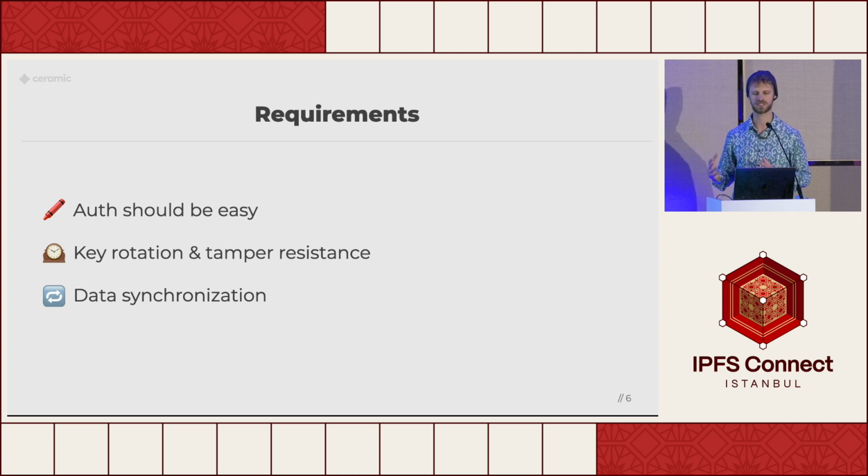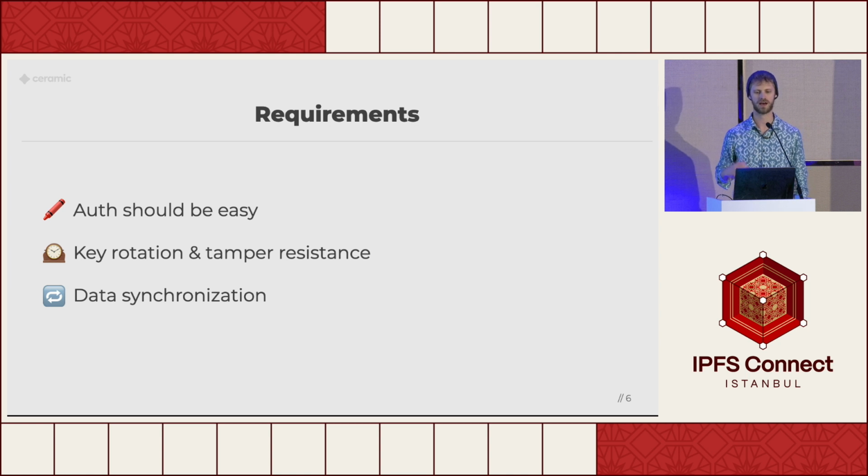And tamper resistance means simply that if something was authored at some previous point in time, I don't want the author to be able to go back in time and change that data or add to that data in sort of a malicious way. Finally, we need this